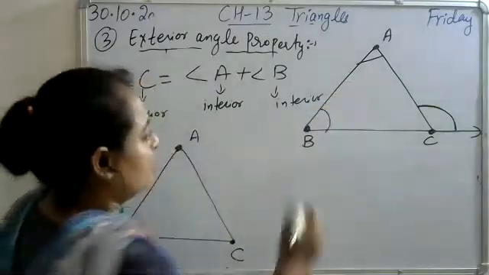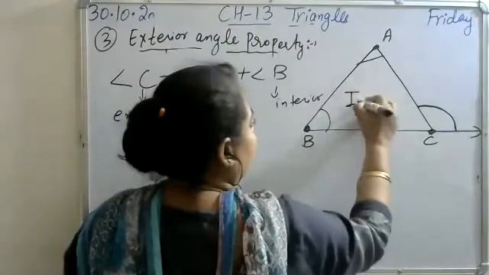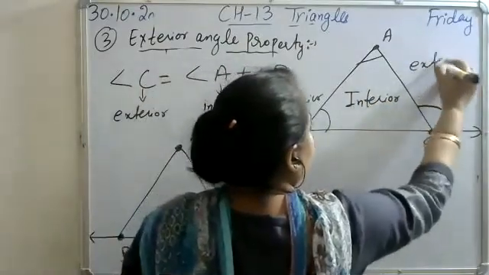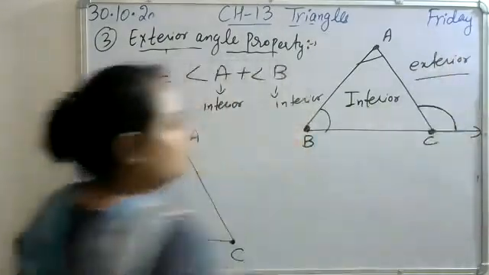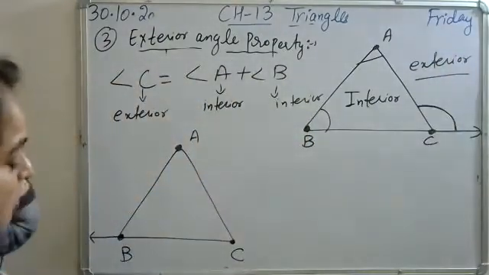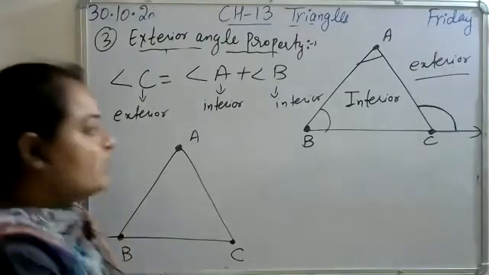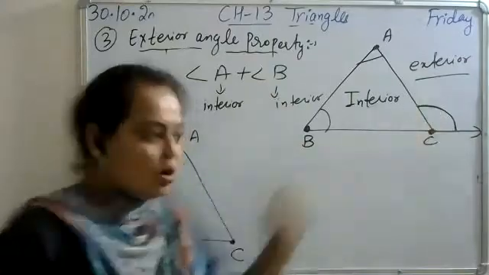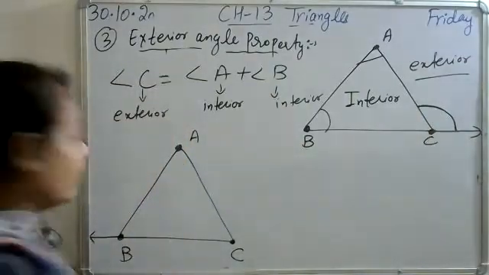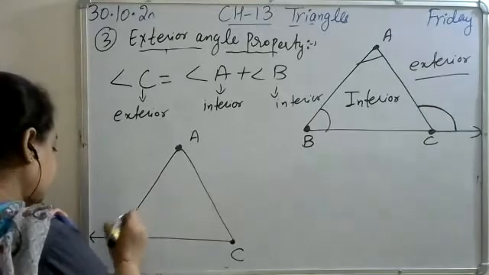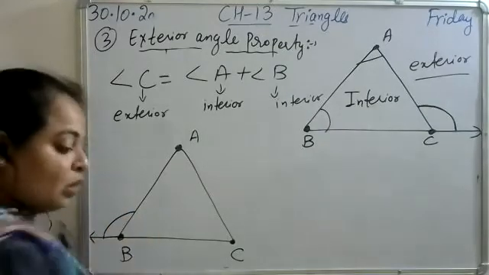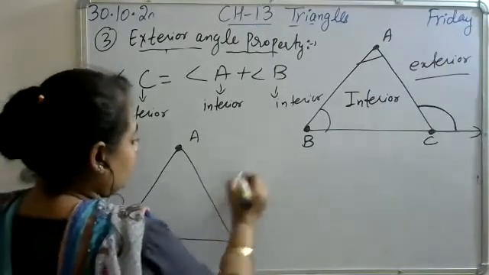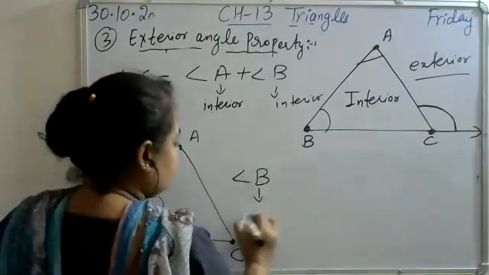This is interior. This portion is your interior portion. And this is exterior. Now, in the first figure, C is exterior. Now, in the second figure, I am going to take angle B as exterior. This exterior angle. Now, in this figure, this angle B, which is exterior,